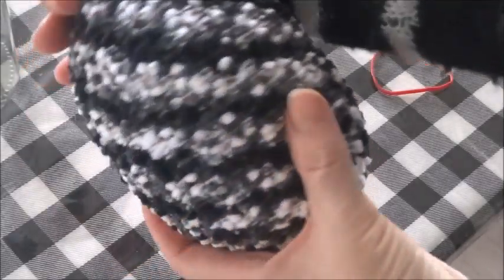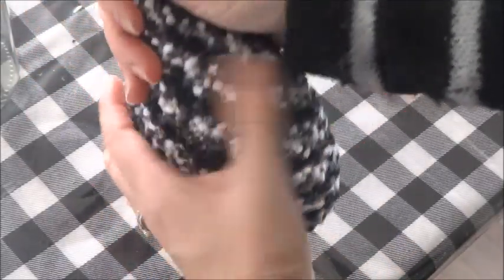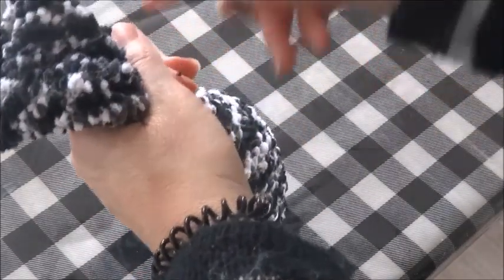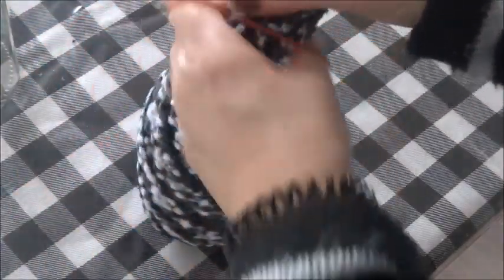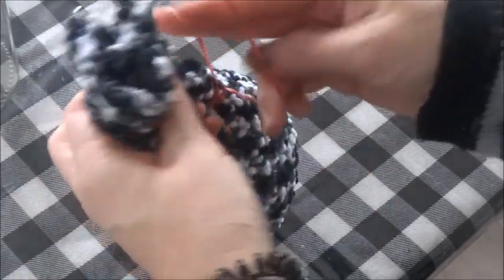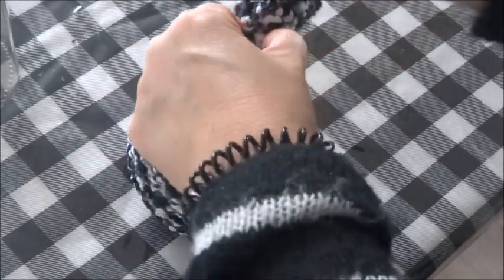Once you've filled up your sock to form your gnome and you're happy with it, then you just go ahead and take an elastic or two and tie up the top nice and tight. Now, normally I wouldn't use this type of sock for the base of a gnome